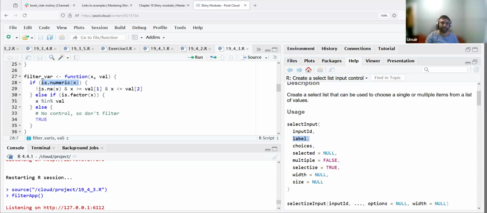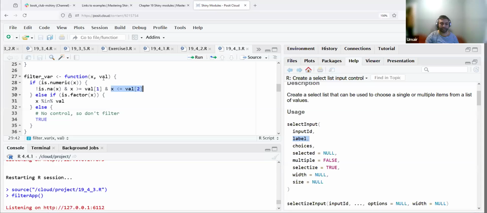So if it is numeric, it will first check if the value is not NA. At the same time, if the value of x is more than the first value in the val, and it's less than the second value in the val. So val will contain the minimum and the maximum for